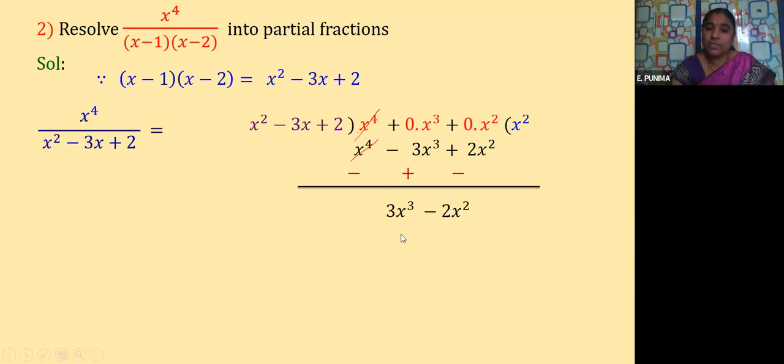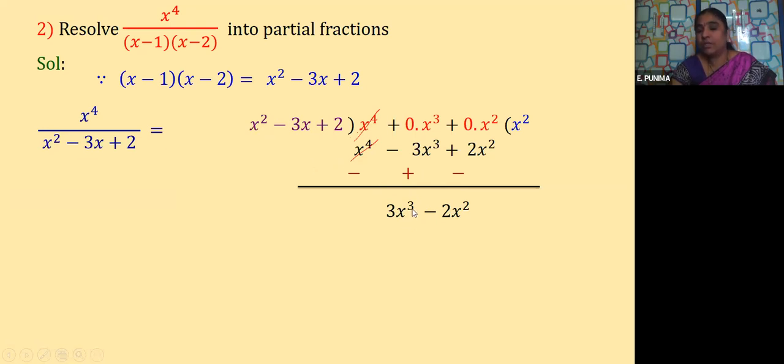Now this is your remainder in the first step. So now here you have to verify. What is the degree here? The degree of the remainder is 3. What is the degree of the divisor? 2. Still the degree of the remainder is more, yes or not? So if you write r of x by g of x, again the degree of the numerator is more. Again it is an improper fraction, yes or not? So that means again you have to divide. Still the division process continues.